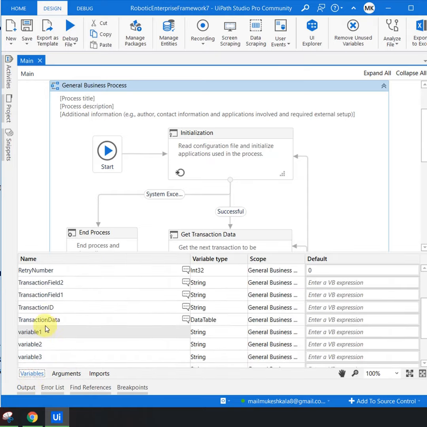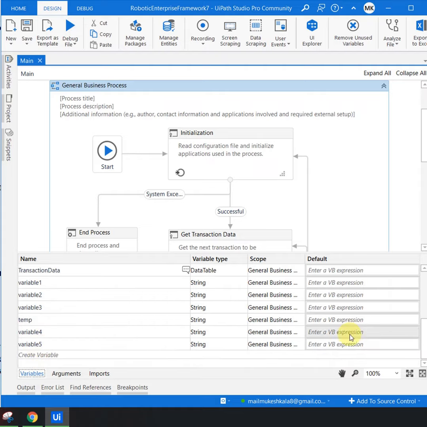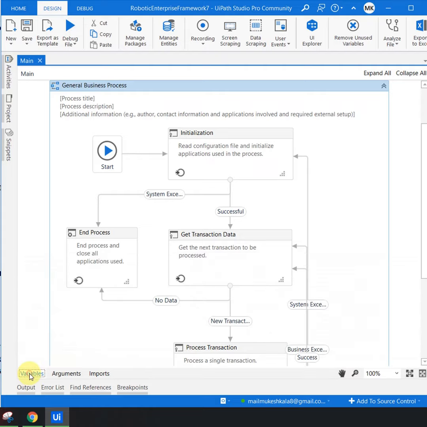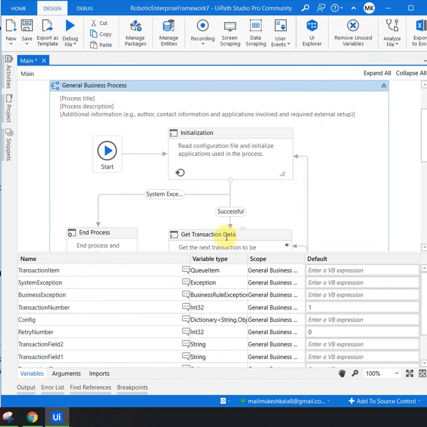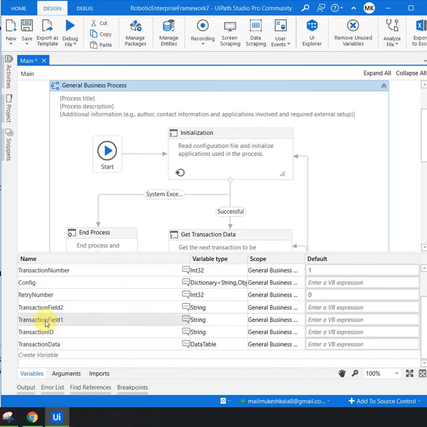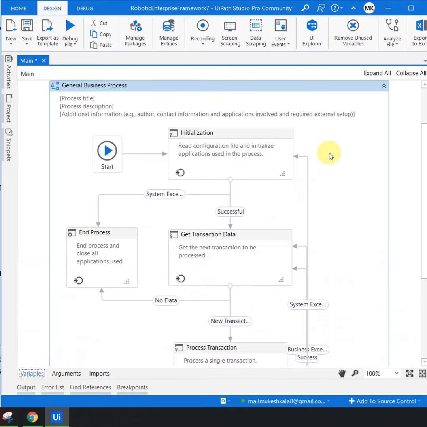I have variable 1, 2, 3 here, and they are not referenced anywhere. You can simply click on this button which says Remove Unused Variables, and UiPath will do the job for you. It will remove all the unused variables. So before publishing a project, always make sure that you remove all the unused variables and keep your code clean.